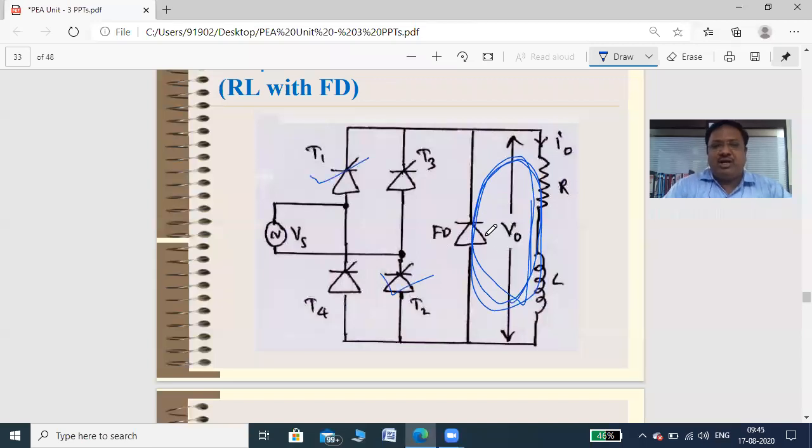So just by connecting the freewheeling diode, we can avoid the SCR remaining on in the negative direction, or in a reverse applied voltage, right? That may definitely damage your SCR because we are applying reverse voltage. So definitely due to that high voltage the SCR may be damaged. So just by connecting the freewheeling diode, whatever the inductor energy, that energy is continuously flowing to the load, but a free path is provided with the help of this diode, so that current is continuously flowing only in this particular path, right?